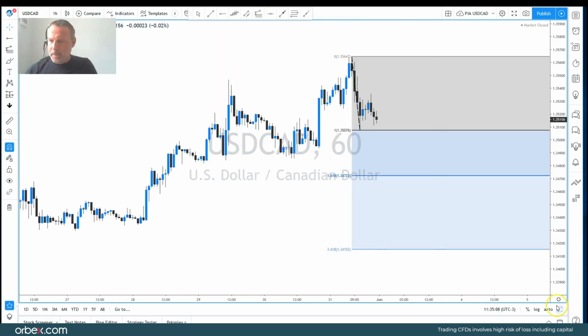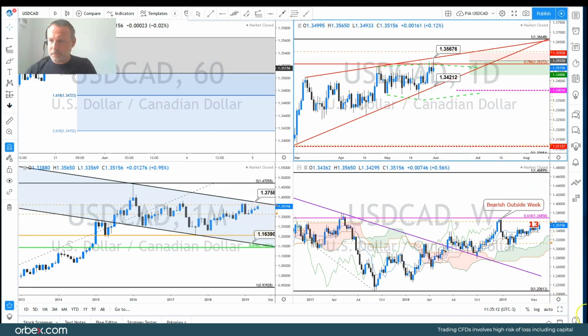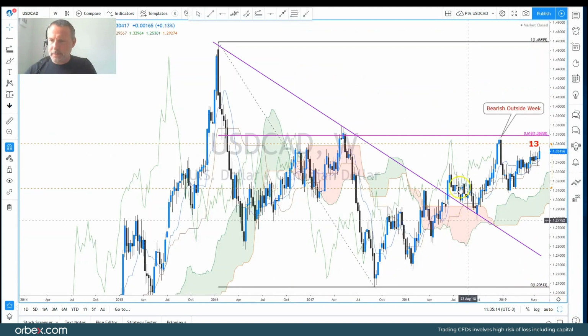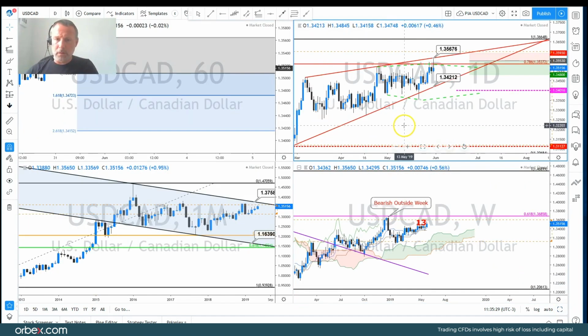Dollar CAD, let's just go back a bit. Let's go all the way out to this time frame. Okay, bearish outside week. Again, we like those outside candles. We've posted a DeMark 13 count on the weekly chart. That often highlights that the trend is coming to an end. If we go to this time frame,